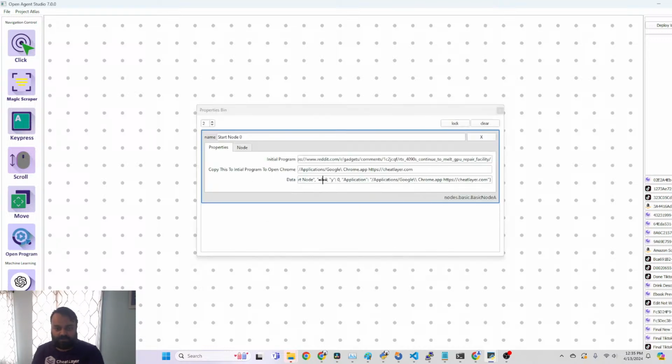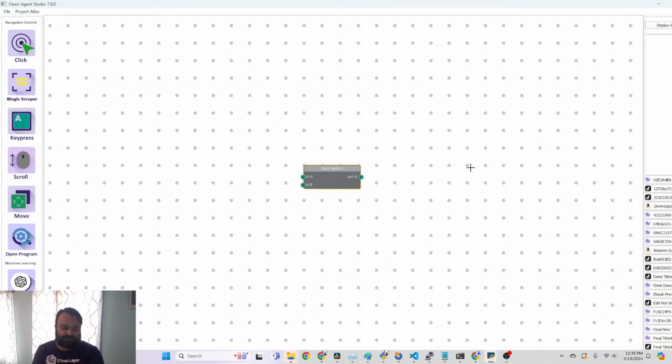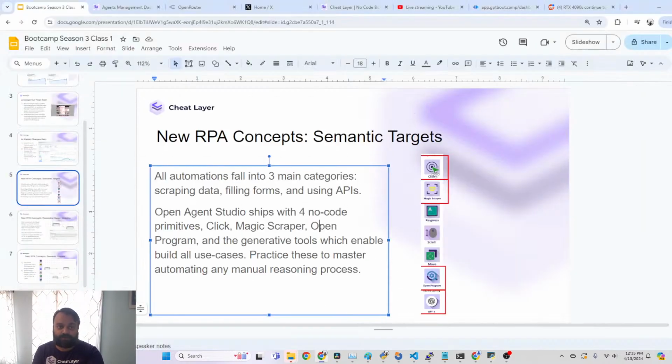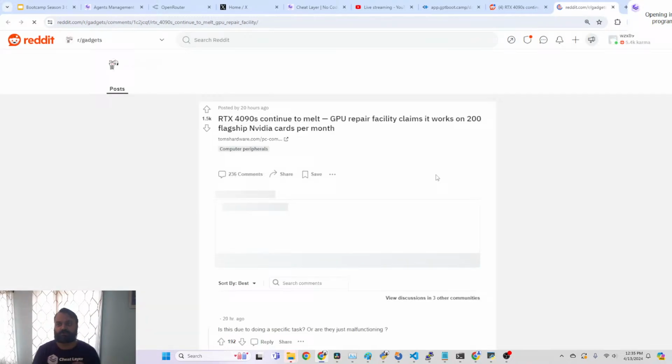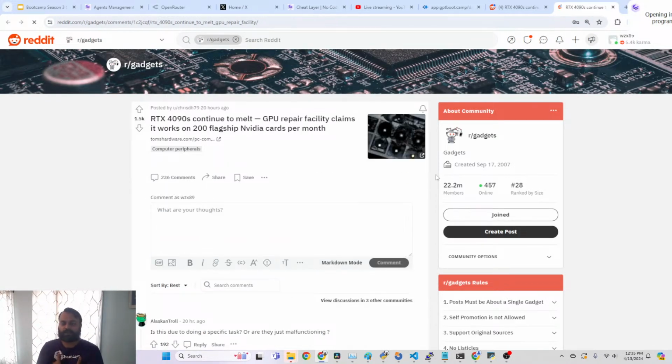So this start node, if you double click it, I'm going to put Reddit there. Once you've created the start node, you can hit File Run or Control R just to test it. And in the top right hand corner, it'll give you play, and it should open Reddit. And if this has worked for you at home, you can follow along. Congratulations, you're an AI automation agency. So this is the first step.